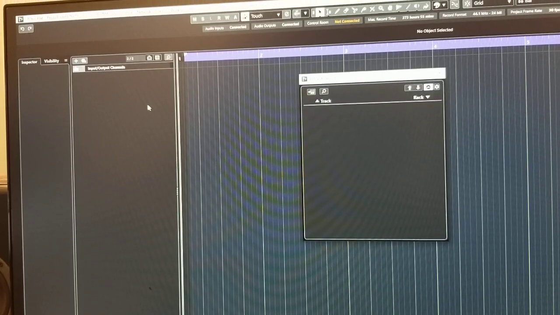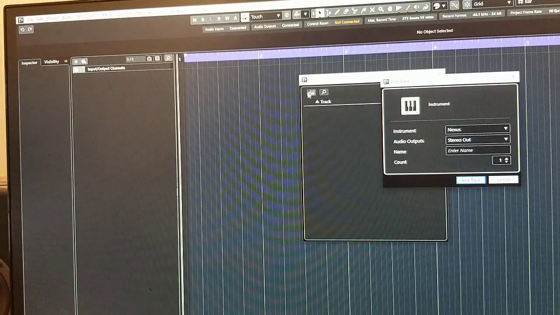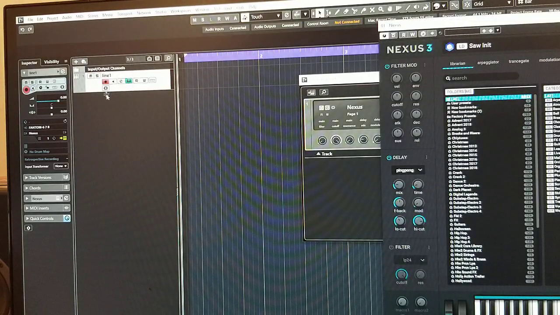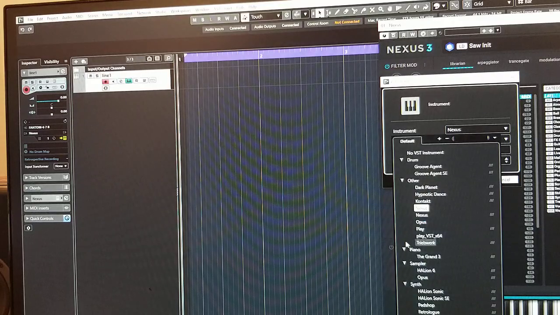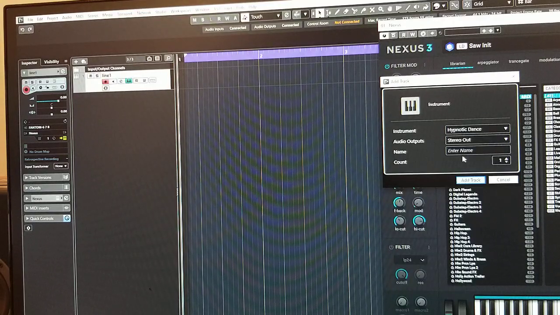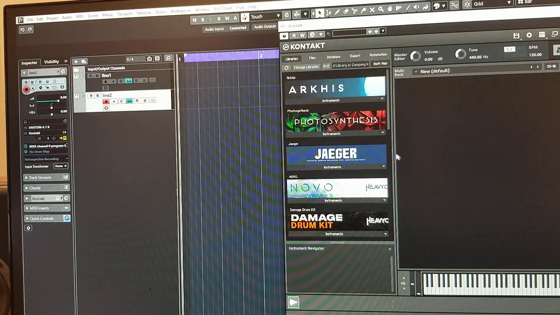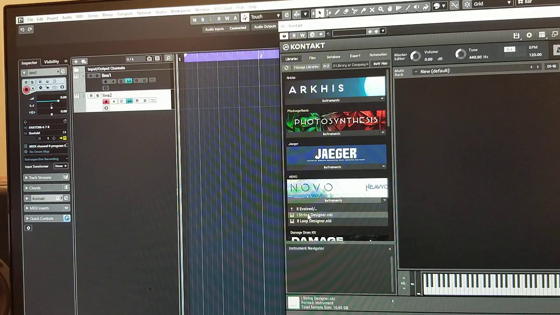Press F11. Let's bring Nexus as a first line. And let's bring something else. For example, Contact. Oops, not Hyperion. Contact as a second line. A track, so we got Contact here. Let's go, for example, to Novo String Designer